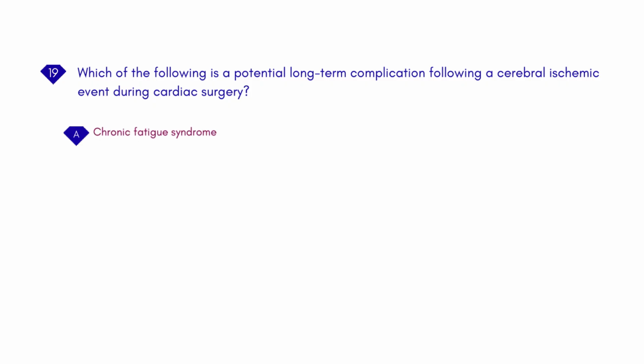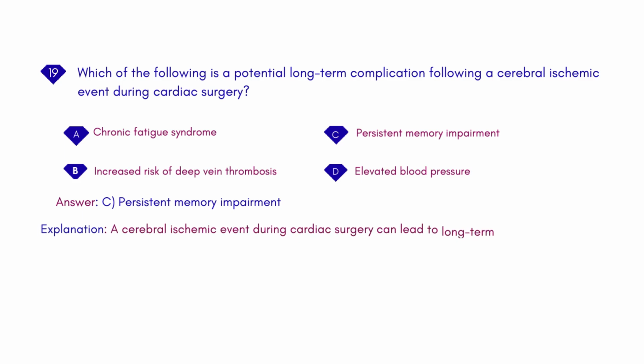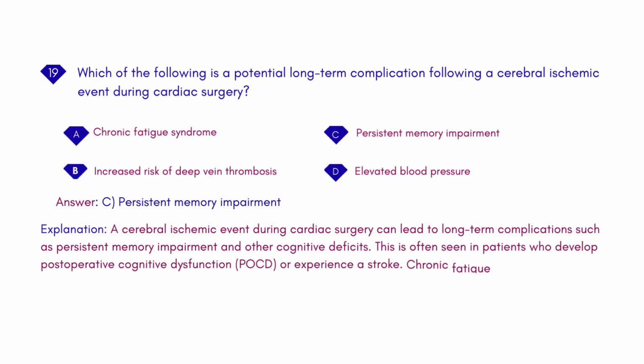A. Chronic fatigue syndrome. B. Increased risk of deep vein thrombosis. C. Persistent memory impairment. D. Elevated blood pressure. Answer: C. Persistent memory impairment. Explanation: A cerebral ischemic event during cardiac surgery can lead to long-term complications such as persistent memory